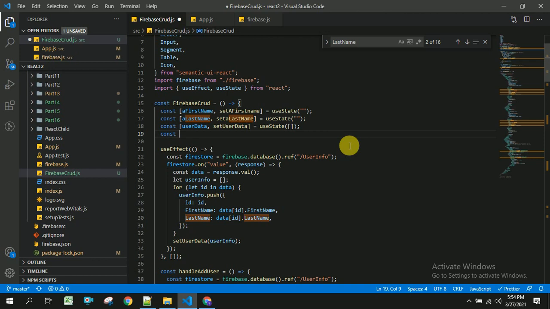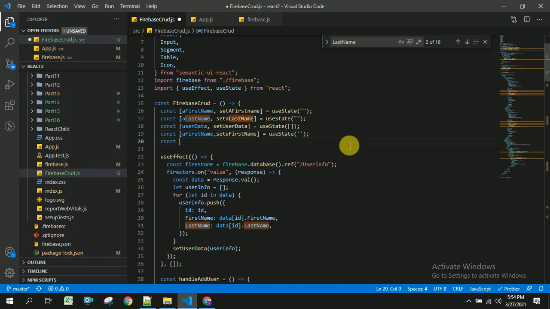One is uFirstName equal to useState of empty, and the next one will be uLastName, useState of empty. So let us save this.